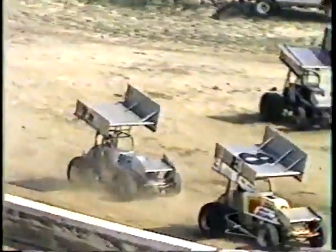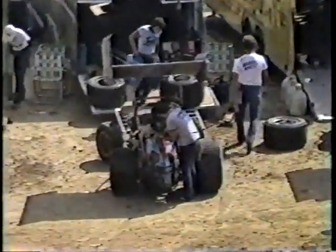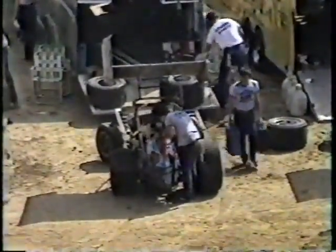So a pass on the final lap as Tim G went around Mike Brooks in turns 3 and 4 and won the race. There is Brooks, 7X, who led all but the last lap of this B main and had to settle for second position. Nevertheless, he will move into the feature race coming up in just a few